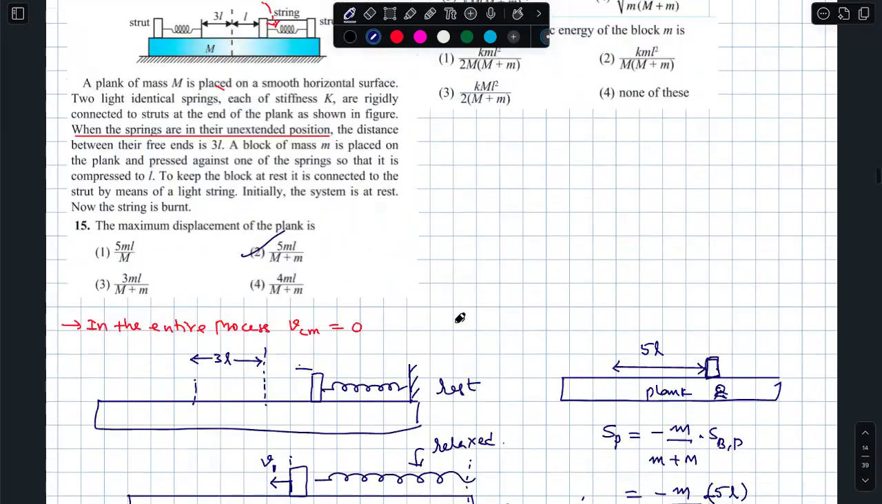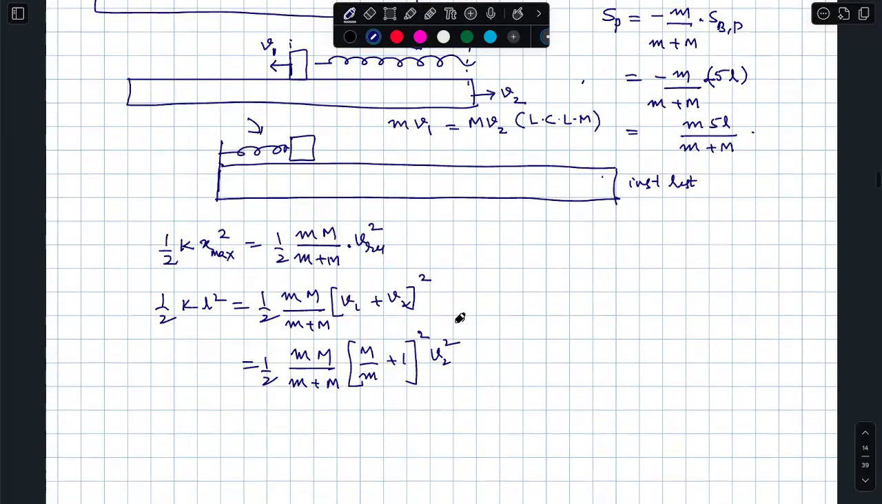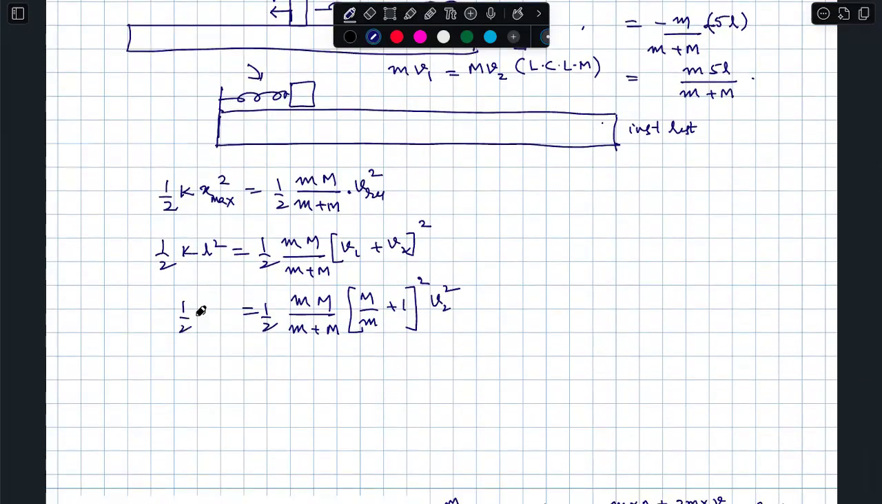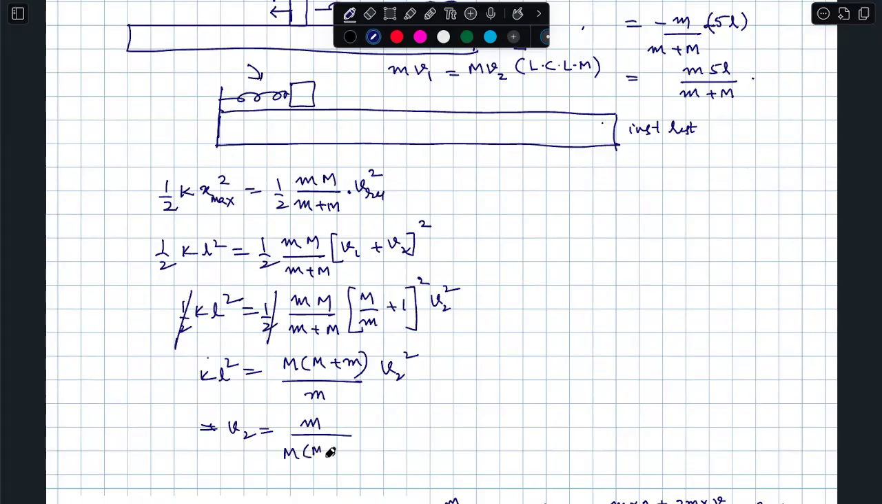What do you want, by the way? Don't forget, the maximum velocity of the plank. You want V2 actually. So this is half KL square. Cancel. And by the way, you can do one more thing here. You will get denominator m square, numerator capital M plus small m square. So by setting this properly, you will get m times capital M plus small m by small m into V2 square is KL square. So V2 is small m by capital M plus small m times